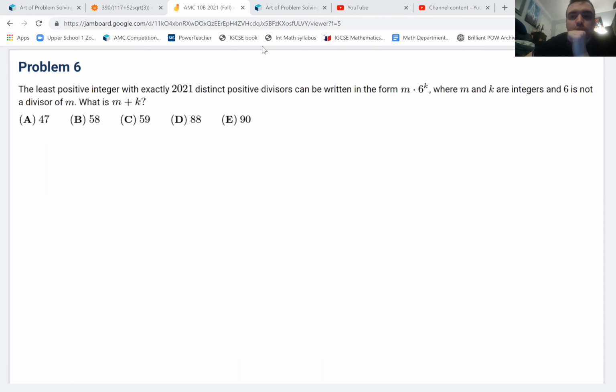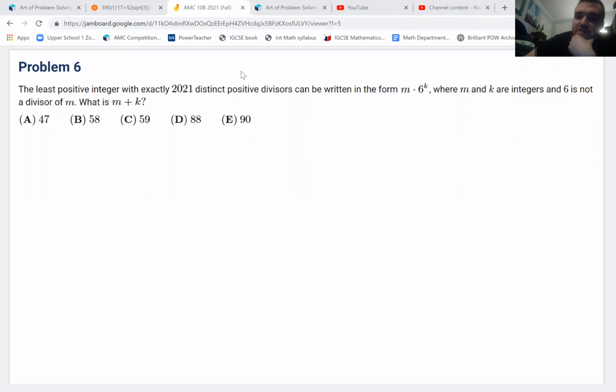Okay, let's see. Problem 6: the least positive integer with 2021 distinct positive divisors can be written in the form m times 6 to the k, where m and k are integers and 6 is not a divisor of m. What is m plus k? All right, well,